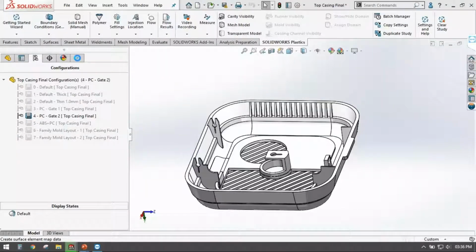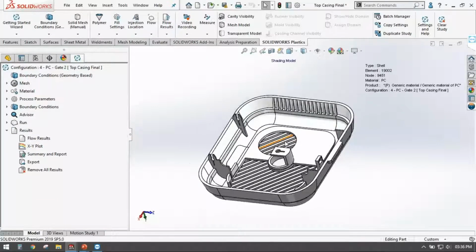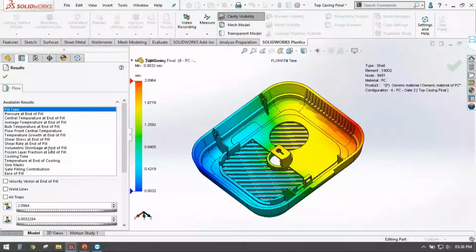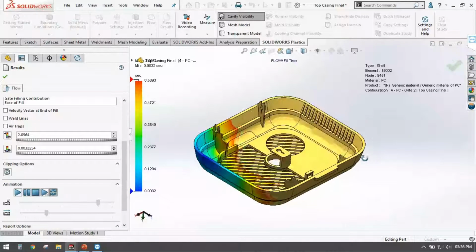So with all these different parameters that you set, by changing the dimension of your model, or by changing the pressure, by changing the gate location, you would be able to achieve the desired product without any defects. Now my gate location I have placed over here, right? And then you can check the results, whether it is satisfying all your conditions or not.